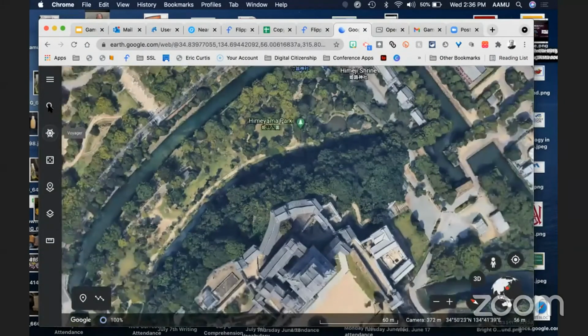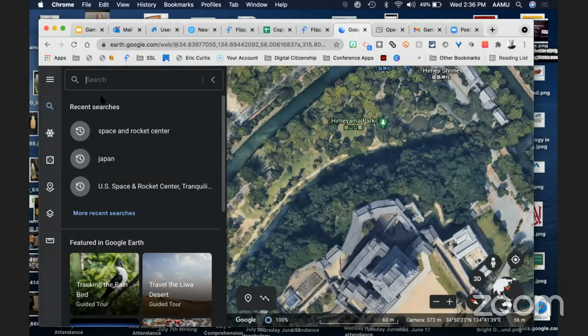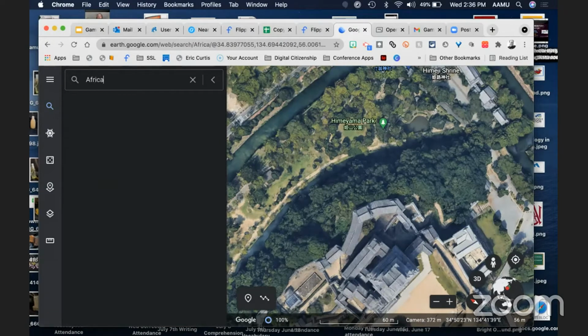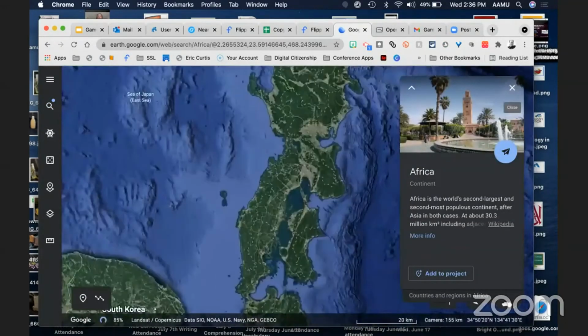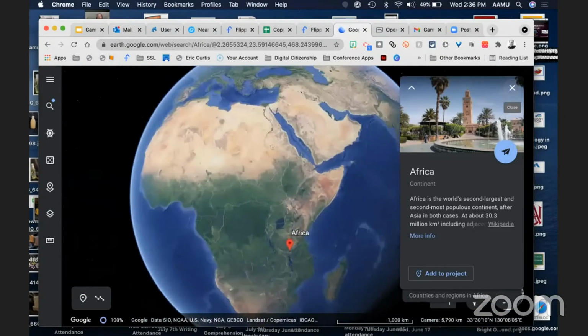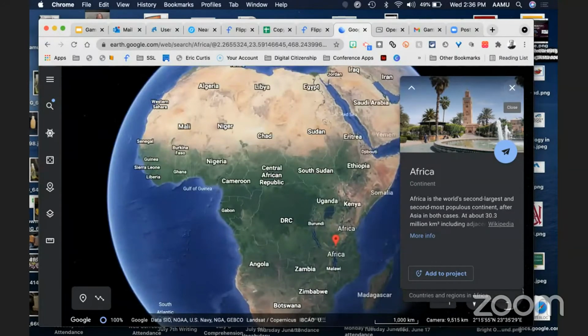I'm just going to go through the search here. I'm going to show you where there are more games and things like that, but I want you to think about how you can build maybe a scavenger hunt for your students. So I'm going to click on the search here, and let's go to Disney. No, let's not do that. Let's go to Africa. Why not? So look at the world. It's physically moving, taking me all the way around to the other side of the earth. And look at that, now I'm looking at Africa.